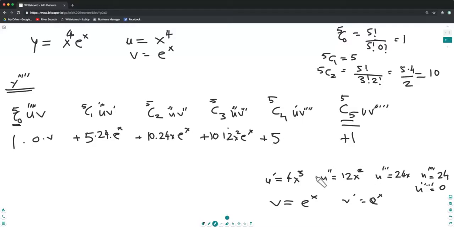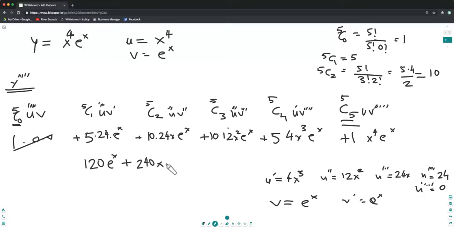And you got u 1 time, so that's 4x cubed times e power x, and then you've got u, which is x power 4, and then you've got e power x again. So this is going to go to 0, and you've got 120 e power x plus